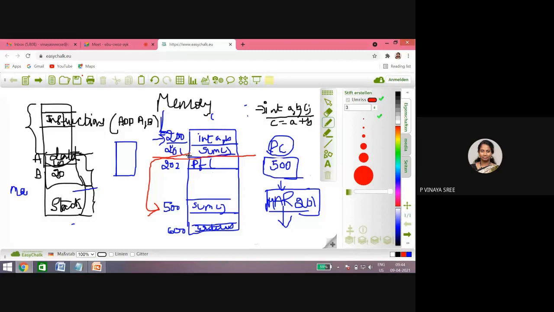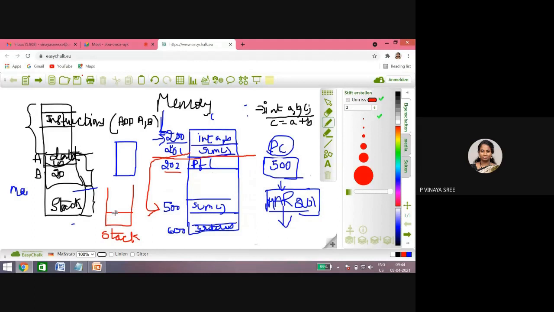So for that, it uses a concept called a stack. What it does is push the next instruction that it has to execute inside the stack. It means that when it is jumping from 201 to 500, after returning from the called function to the main function, it has to know that 202 has to be executed.